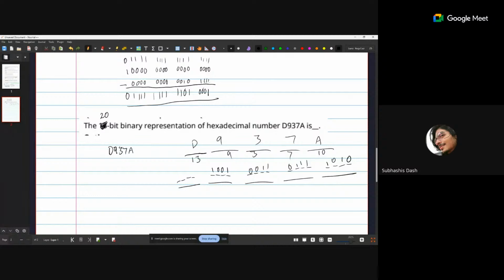plus 1. So 8 plus 4 plus 1. Right? So that's the answer. So we have 1101,